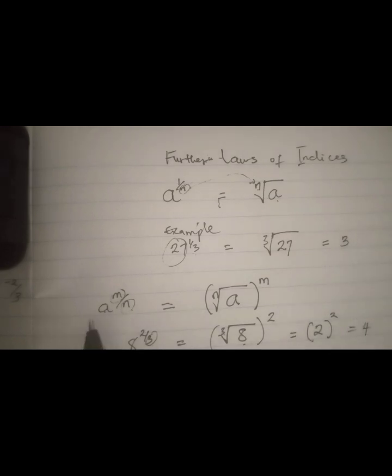There's another law that says this, the same power, but the numerator this time around is m, unlike this one which is 1. Now, the same thing, nth root of a, and you see the denominator is the nth root. Now, this m will now be the power. You bracket all the expression and put the power as m. There's an example to that,